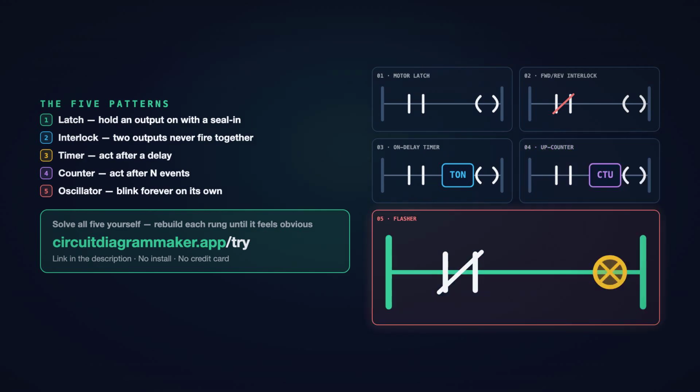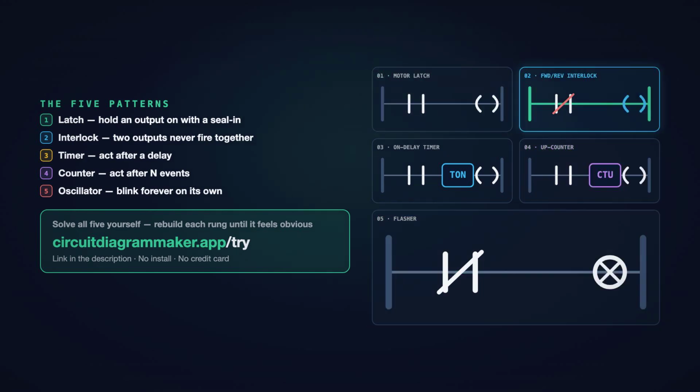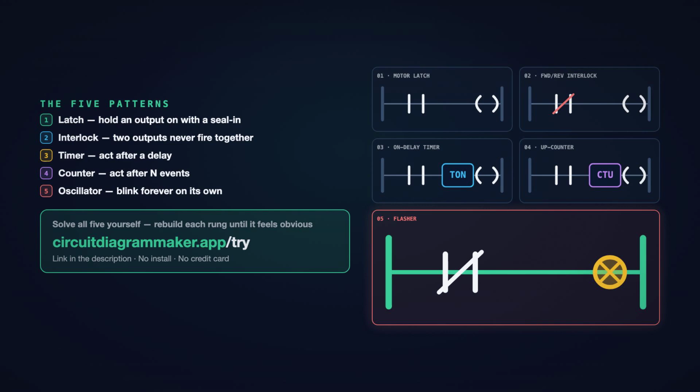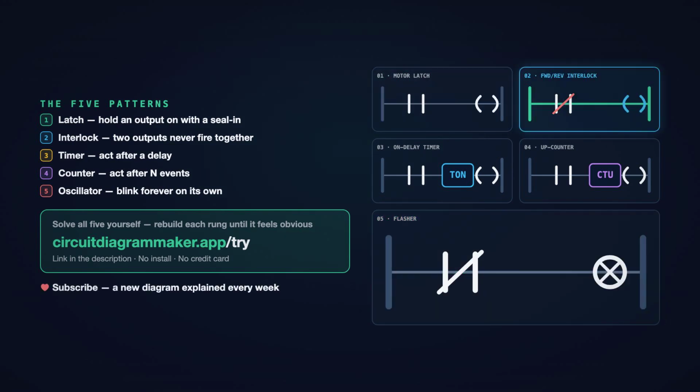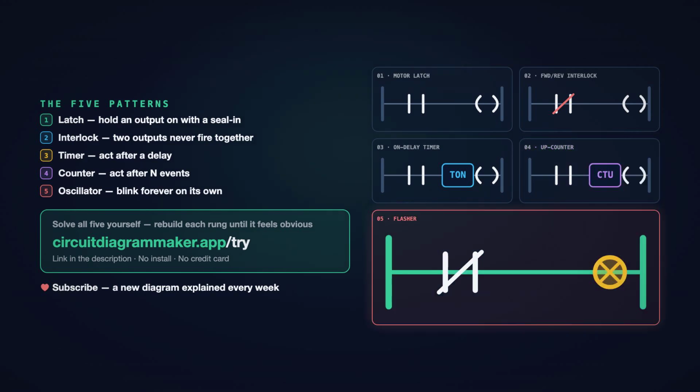A timer, to act after a delay. A counter, to act after a number of events. And an oscillator, to blink forever on its own. Master those 5 patterns, and you can